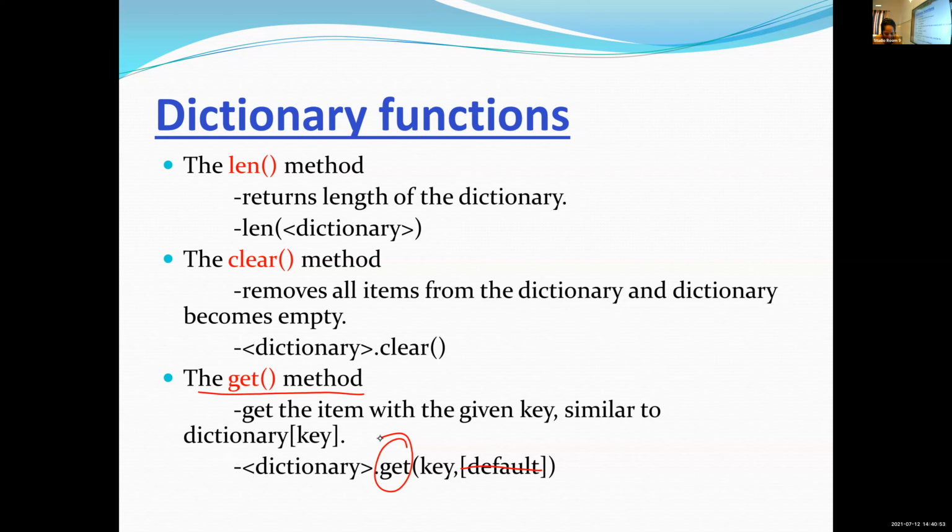Values are 10,000, sales, 24. And also write the statement to display 24 using the get function.